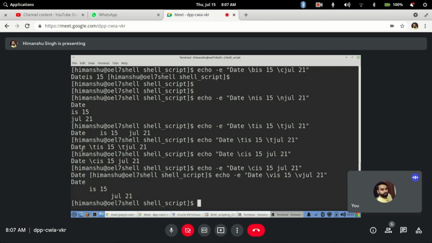Tab was only inserting a tab in the same line, whereas \v gives the feature of tab and new line together. So \v is a combination of the new line that we earlier saw and the tab. It will go to a new line with a tab, so it will be tab delimited, then again tab delimited based on the previous one.